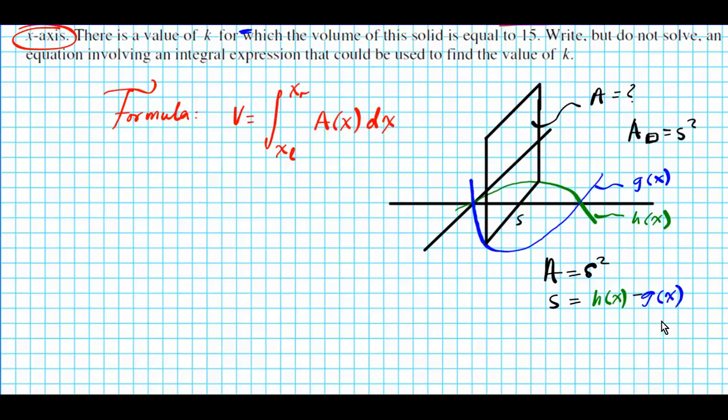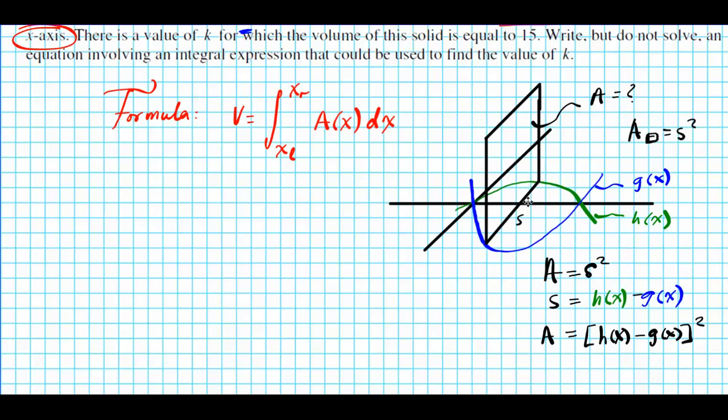So now, how is this useful? What are we going to use the side for? Well, we want to find the area as a function of x. So instead of s squared, I'm going to take this s out and put in h of x minus g of x, squared. That will give me the area of this